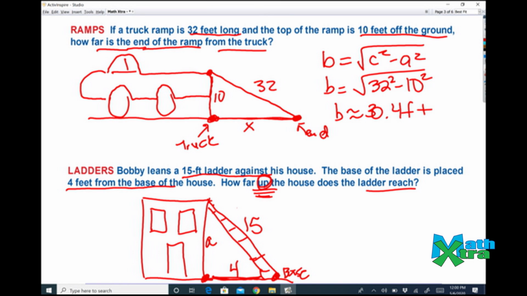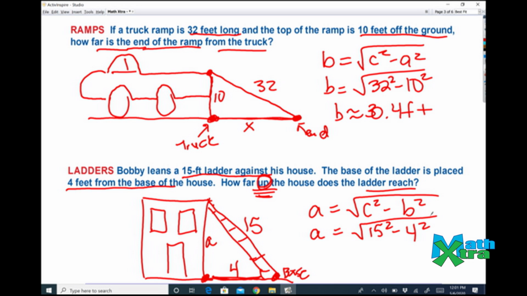I'm gonna say that's A. So our equation is A is equal to the square root of C squared minus B squared. We can use shortcuts because Mr. O'Neal showed us the math. And so we have A is equal to the square root of 15 squared minus 4 squared. Using our calculator, A is approximately